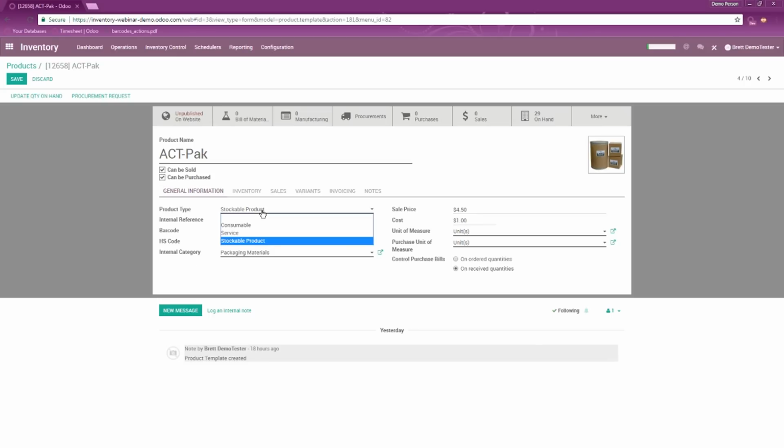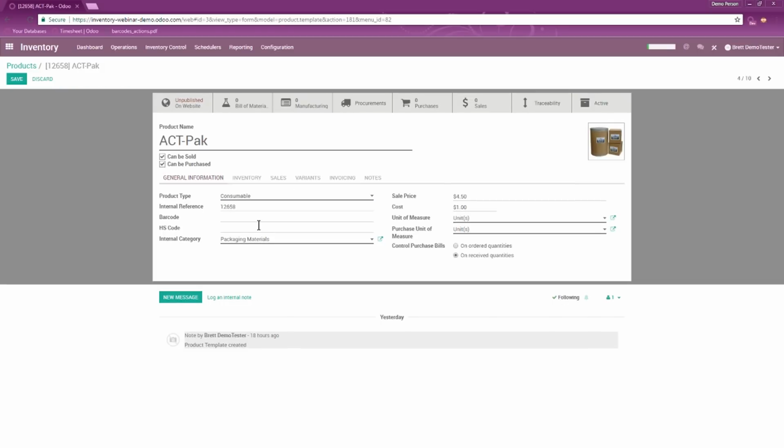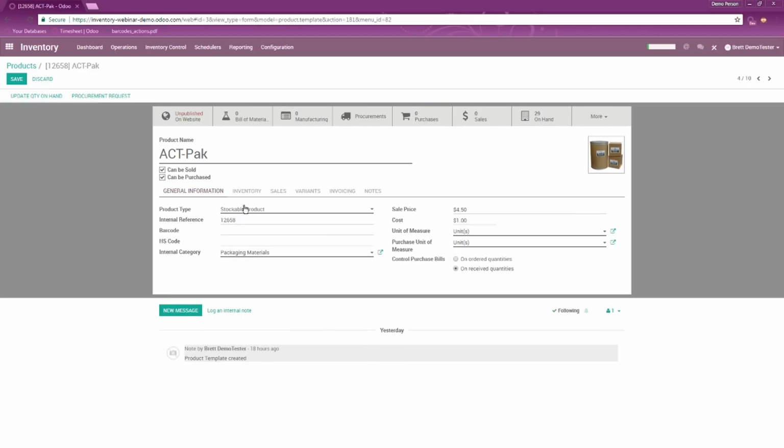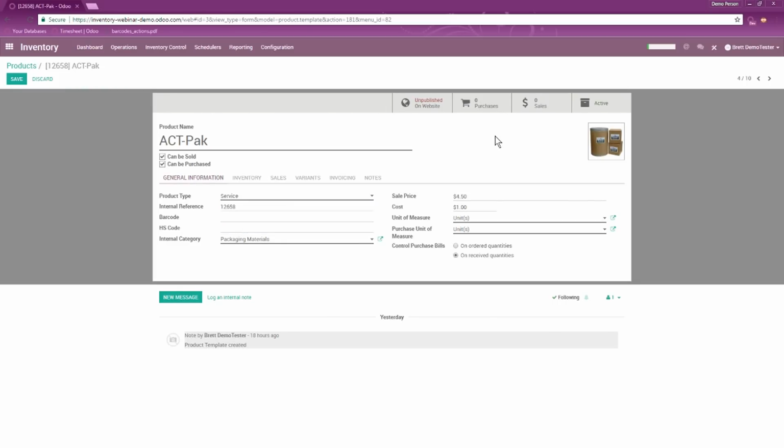You can specify the product type. Most things are going to be stockable with inventory operations because it keeps track of how much you have on hand in actual quantities. But if it's something where you don't track actual quantities, for example screws or nails, you might make it consumable, which is very similar, except it takes away the option to actually track stock quantities. We also use inventory products to track services, which is,